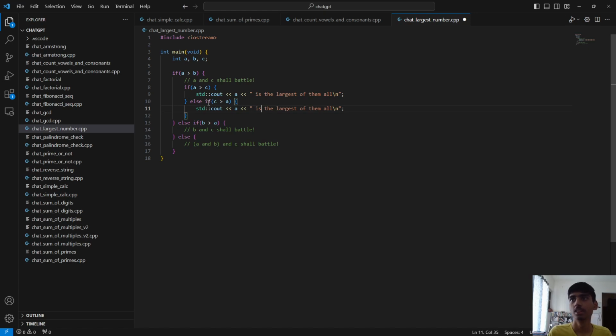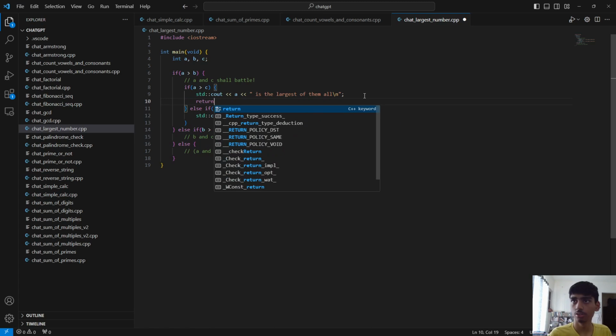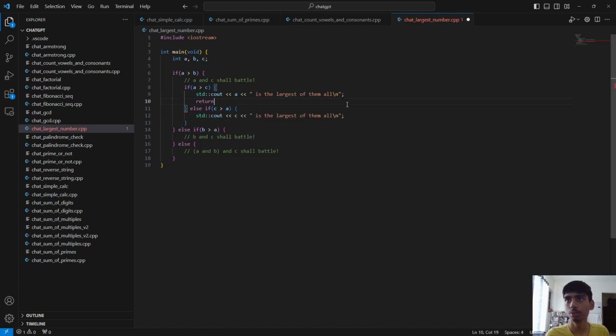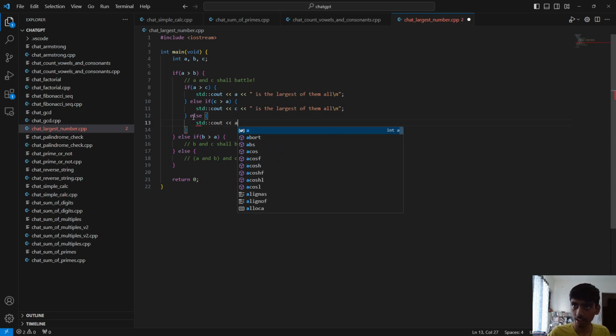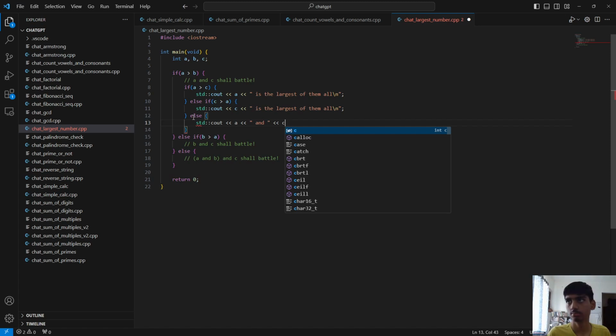I'll put a quick exclamation mark or something. Okay. Return. I don't even need to return because it's going to break and this is going to come out. So return 0. Yeah. Okay. The largest of them all. Otherwise, if they're equal, then we say that A and C